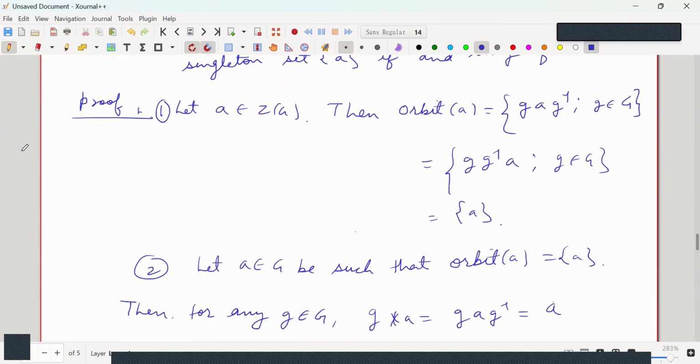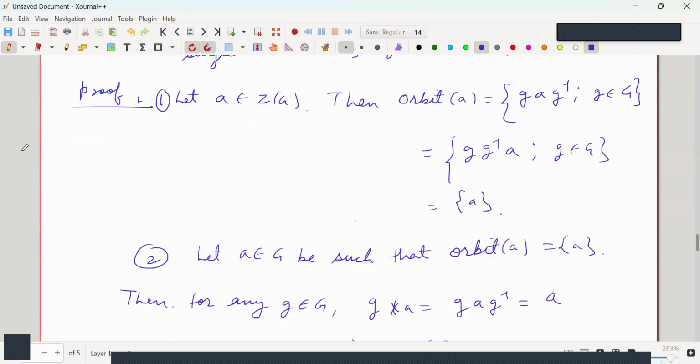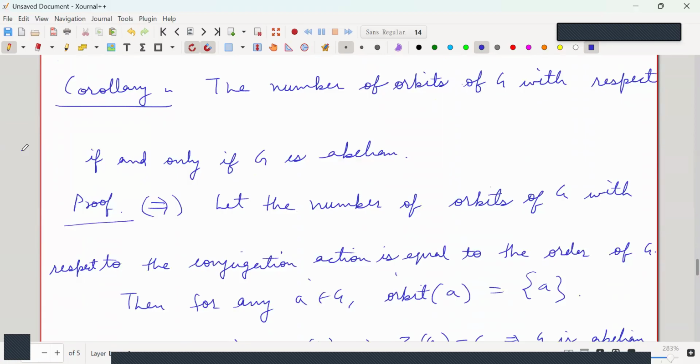The corollary. Now we can move to the question itself. And instead of cyclic, even if we have abelian, then that is also fine. And the fourth one is, G is not an abelian group, then there is an orbit of order at least 2, which also comes from this corollary itself. Because if it is not abelian, then the number of orbits is not equal to the order of G. This is the number of orbits of G with respect to